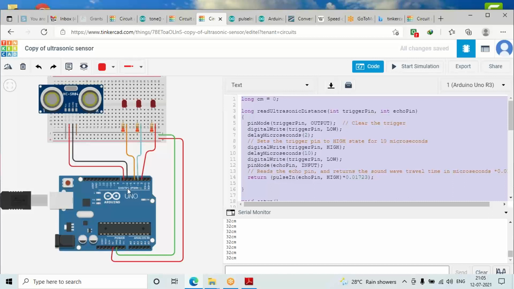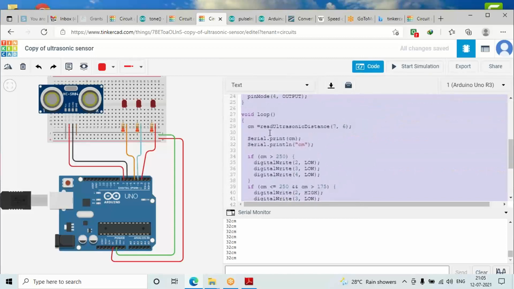You can take any pin as per your requirement. There are many digital pins left, you can take any two of them, and you have to pass them when you're calling this function. If you look carefully, when I'm calling the function, I'm passing 7 and 6, as I told you.